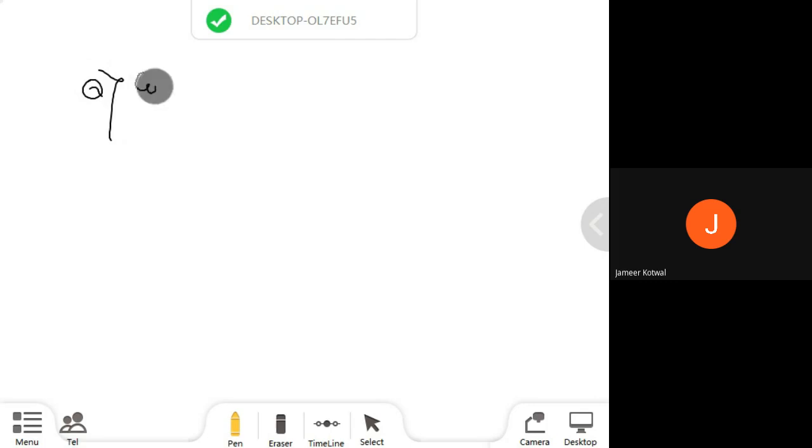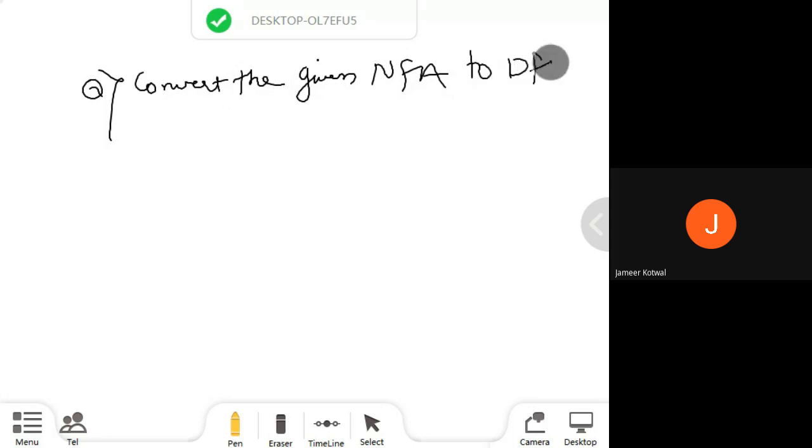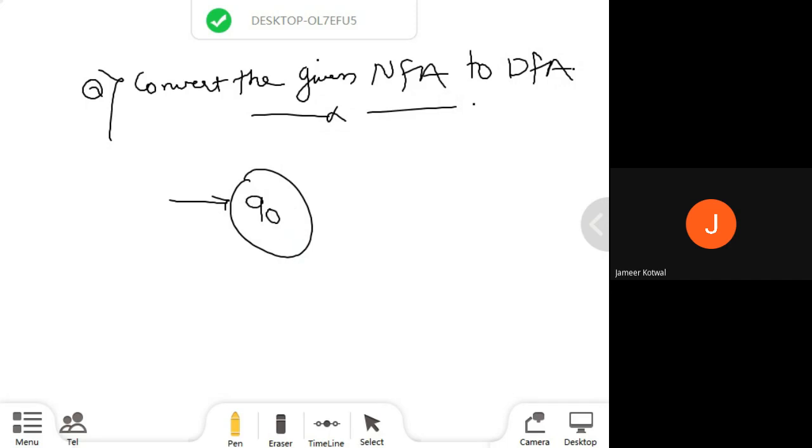Convert the given NFA to DFA. Just go through the steps of how I have solved it. The NFA is nothing but processing only one input, I can reach multiple states.